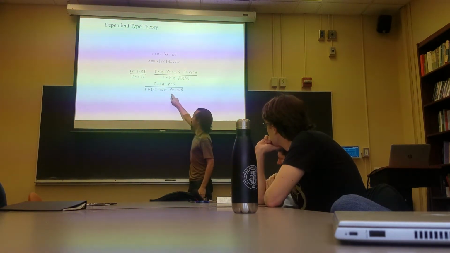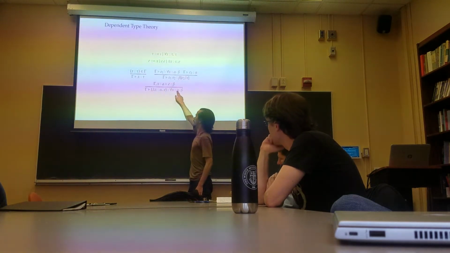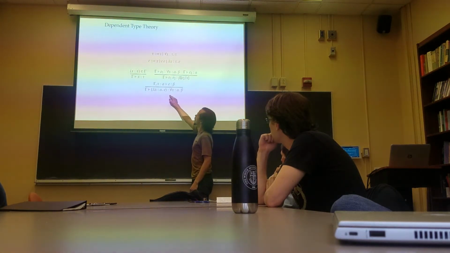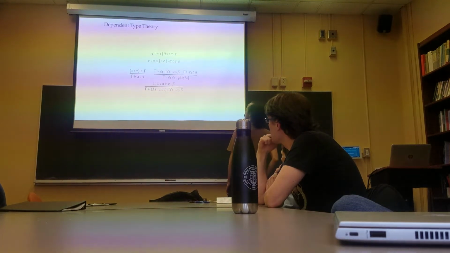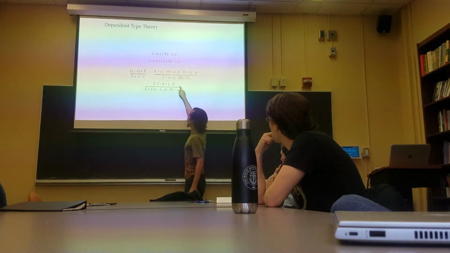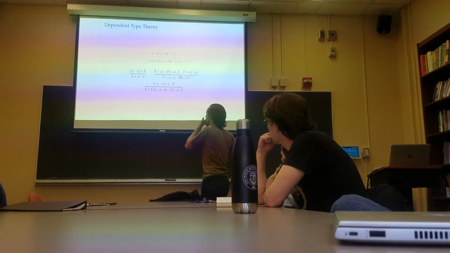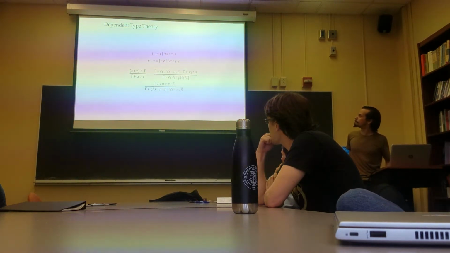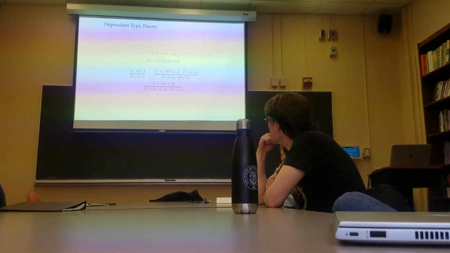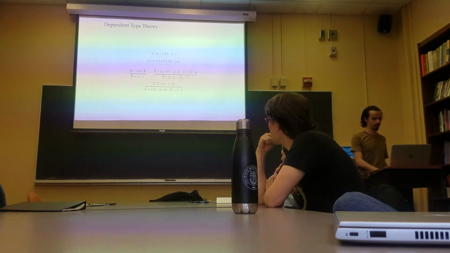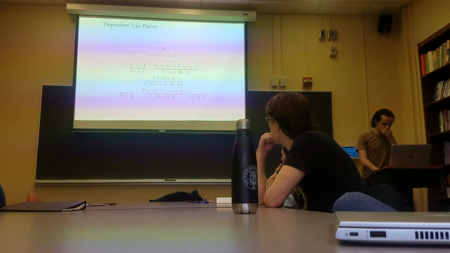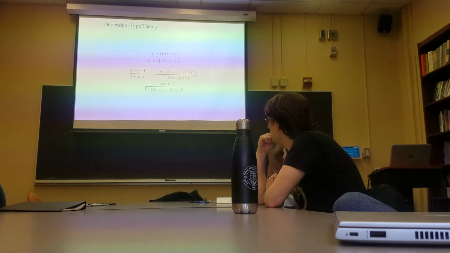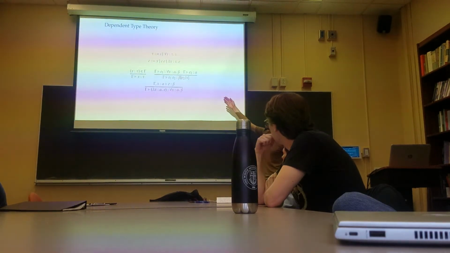So here we have, instead of alpha arrow beta, we have for all x in alpha, beta, and this beta here is allowed to refer to x. And then the rule for application involves a substitution for the x's in beta. Now, we can't do that much interesting with x inside tau, because tau doesn't actually have any operators to be able to put x's in there. First, notice also that x has to vary over a type, tau,